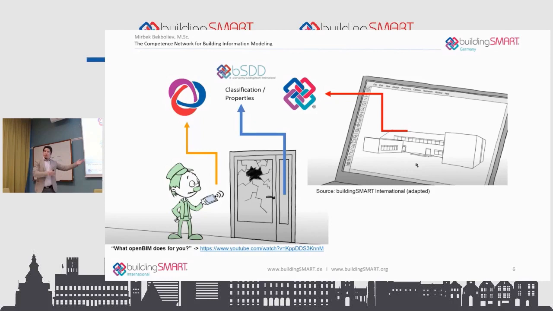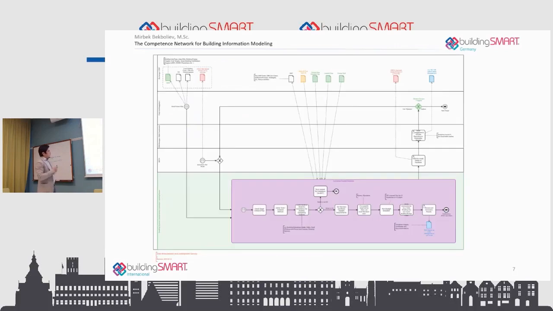We don't reflect that in the model because it's dynamic information. You can simply use BCF as a solution. That was an idea. And of course, properties are very important. Like in the previous presentation, you have a lot of properties that might be related to that specific building component.